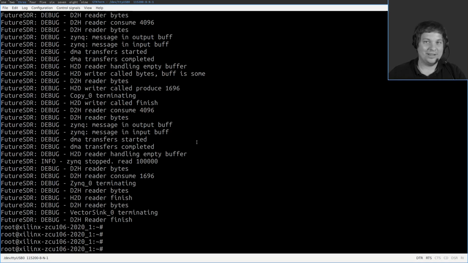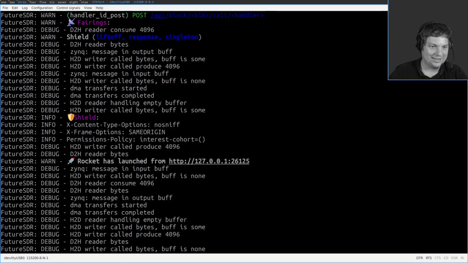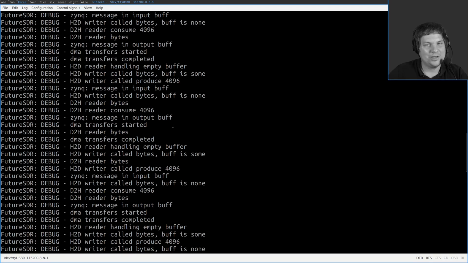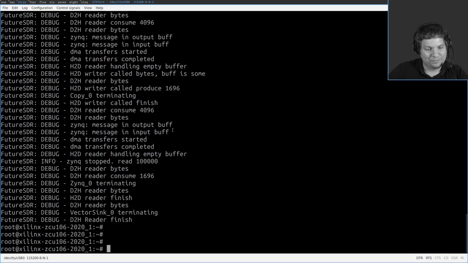And now in this embedded device, obviously it is really cool to have this control port interface because now it's the beginning. I didn't intend to do that, but here it even started the web server, so we could already control it through this if the flow graph was running longer. So this is, I guess, an example where this REST-based API really is great. Okay, so last thing we want to do is have a look at the GUI.